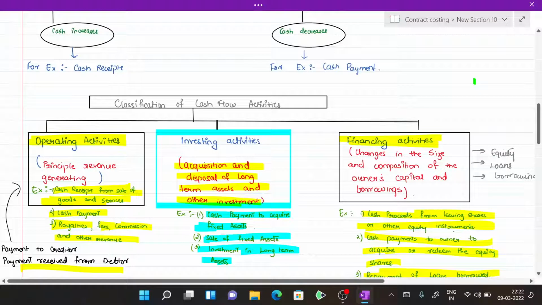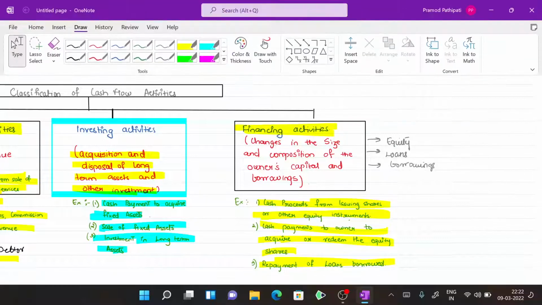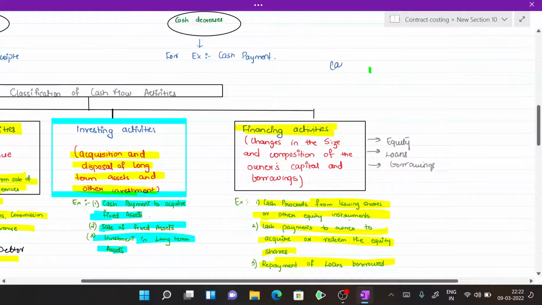Then second, if we acquire any land or invest in any asset, that is outflow of the cash, right? And if we sell the land and get the money from the sale of that land, that is the inflow of the cash. Then financing, if we borrow loans from the banks or issue equity, that is the inflow of the cash. And if we repay the loans or borrowings, then that is the outflow of the cash. And the cash flow statement is all about